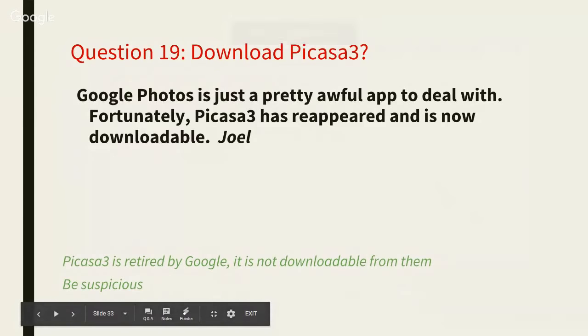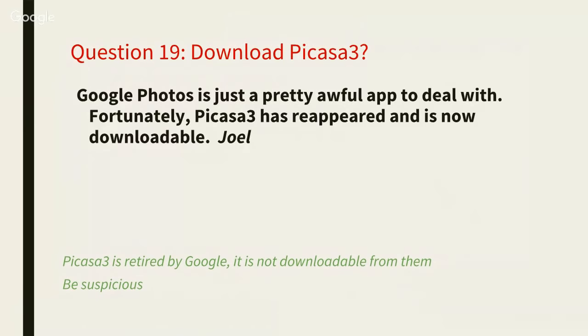Google Photos is just a pretty awful app to deal with. Fortunately, Picasa 3 has reappeared and is now downloadable. Well, I, of course, don't think that Google Photos is awful, but I can see if you're trying to use it like you used Picasa, it would not just be awful, it would be terrible because it just doesn't do the same things. Like I said, you have to change your way of thinking if you want to use Google